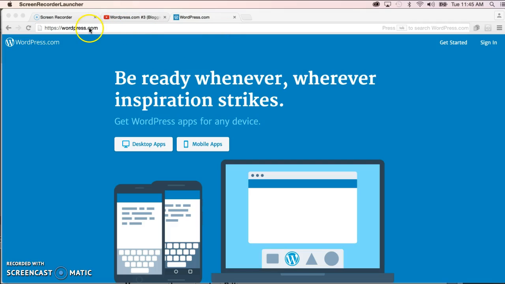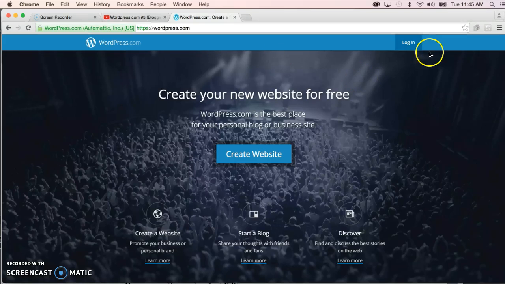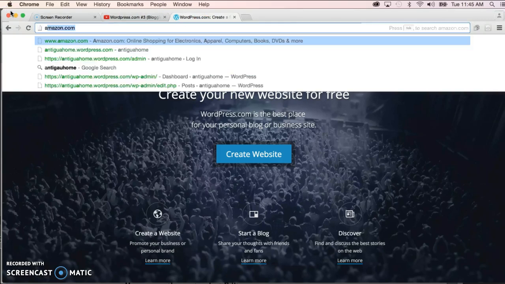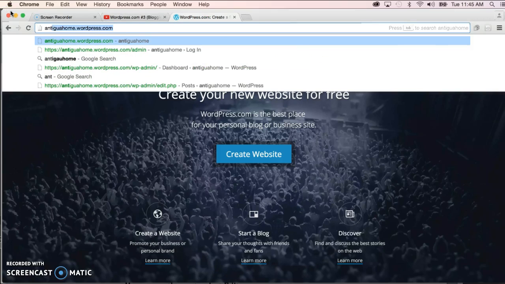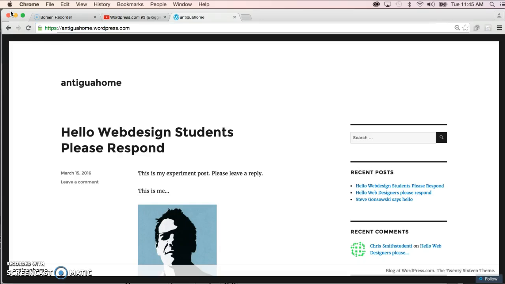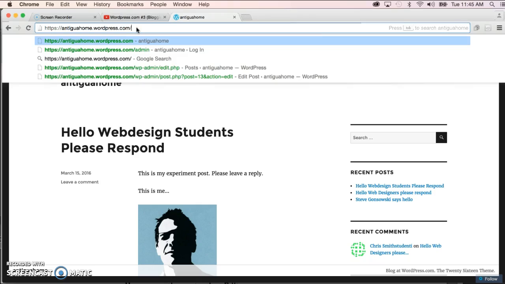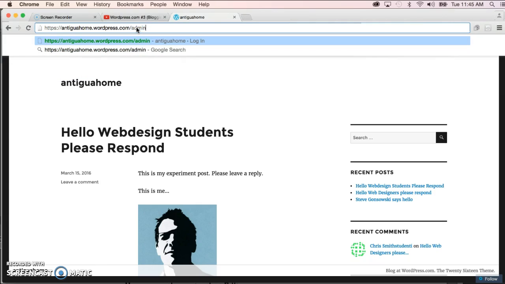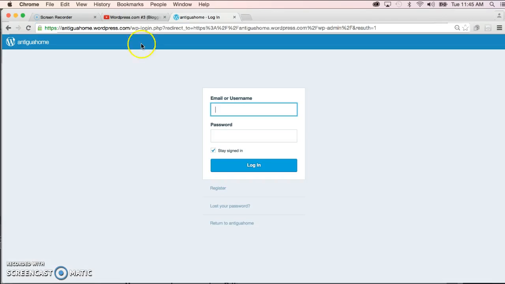One, you can just go to the generic WordPress.com website and click on log in. My preference is to actually go to your site. So type in your URL, and all you have to do to get logged in from there is add a /admin. The reason I like doing it this way is that you see the site,